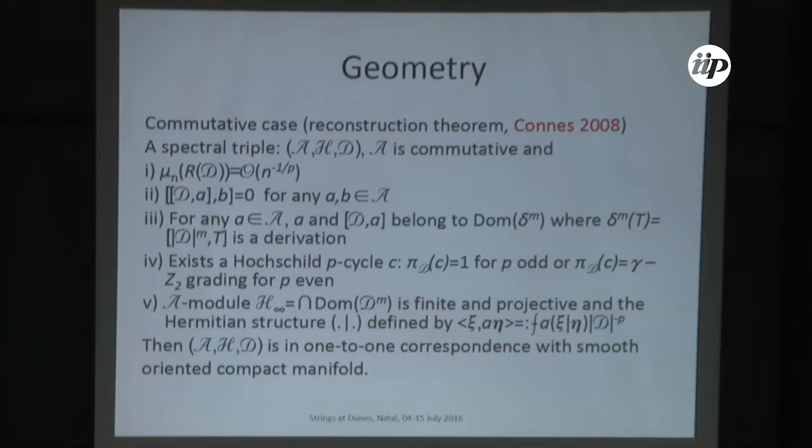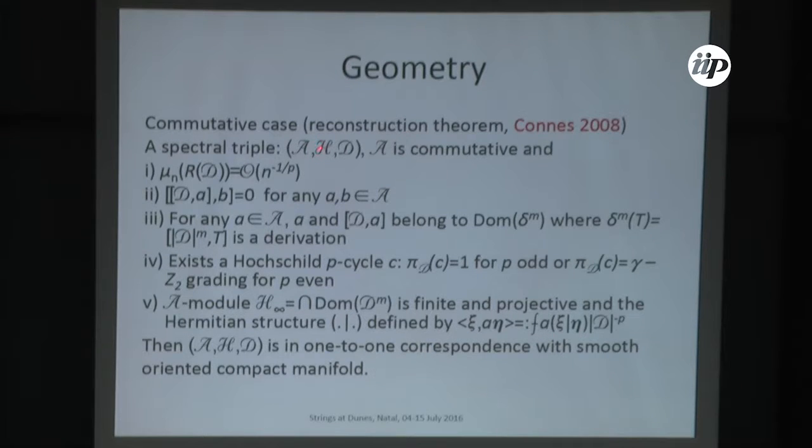That was pushed forward by Connes, which culminated in one big book, then another big book, two big books. And here is this reconstruction theorem. Here is the complete data which you need to reconstruct Riemannian structure. You need some algebra. Because you want to reconstruct commutative geometry, this algebra should be commutative. Of course, this will not be a C-star algebra, because a C-star algebra is an algebra of continuous functions. It will be a pre-C-star algebra, like C infinity eventually.